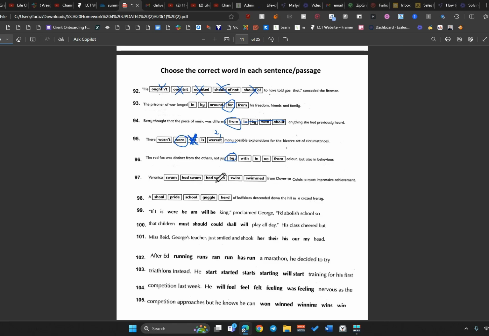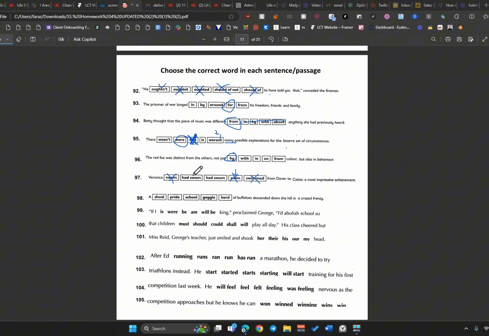Or had swam, swim, or swimmed. Well, these ones are definitely out. This is in the present tense. That doesn't work. Swimmed is incorrect. It's not the right way to say that. So now we've got "Veronica swam from Dover to Calais." That's not correct English here. We should have a "had" in front of it. So if she had done something. And for "had swam",